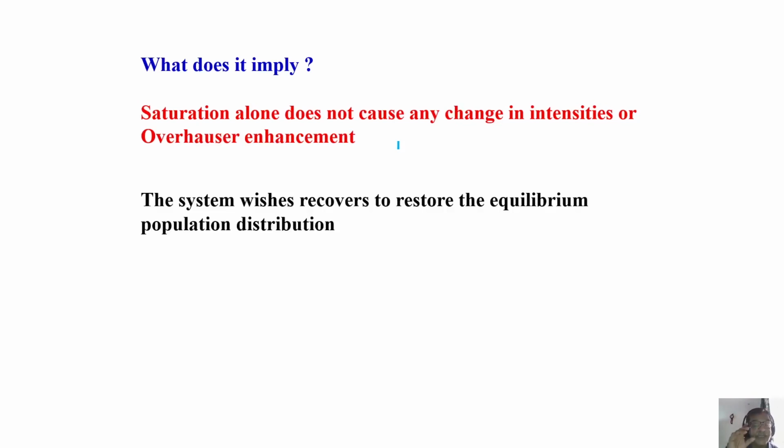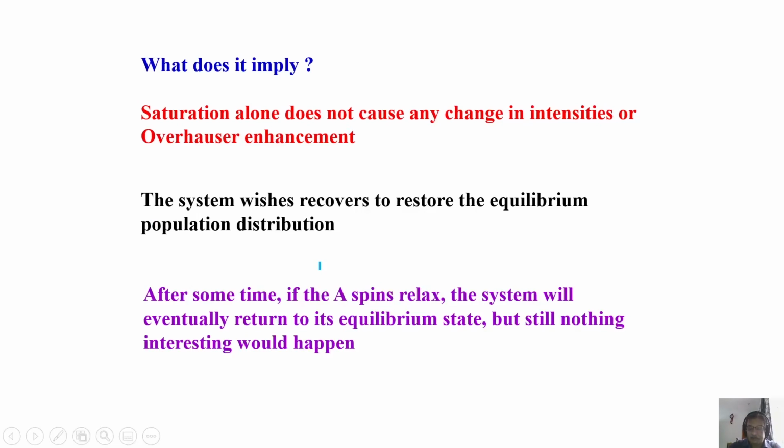So saturation alone does not work for you. There must be something more happening to see the enhancement. Now wait for some time. What will happen? The system will come back to equilibrium, and after some time, the same thermal equilibrium 4, 2, 2, 0. It will come to the same state. Nothing has happened for you. No interesting thing. You took this sample, put it in a magnetic field, and it attained thermal equilibrium. And you saw 2 transitions for A and 2 for X. Both are overlapping, same intensity. You saturated both the A transitions.